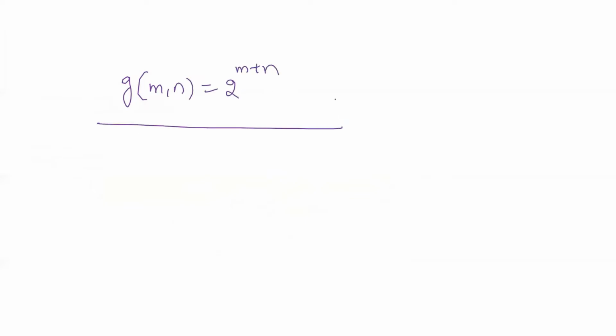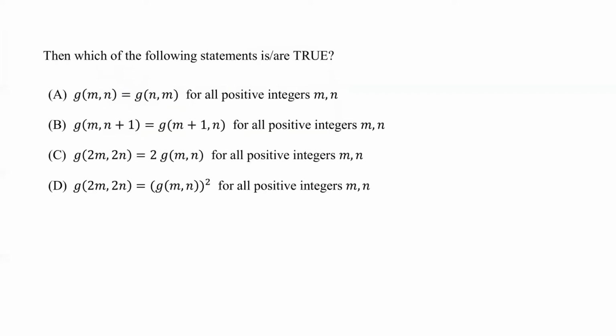So here in the beginning, it might be looking very complicated, but it is completely based on the formulae of nCr, then binomial coefficient formulas. If you use 3 or 4 formulae that we have here, ultimately we got g of m comma n is equal to 2 raised to m plus n. So now let's see what are the options that they have given and how we are going to get the answer for this one.